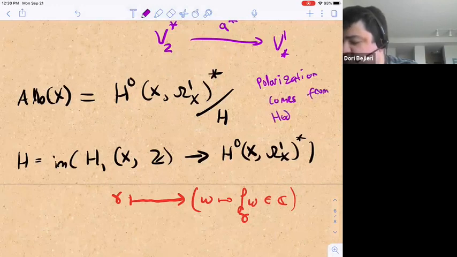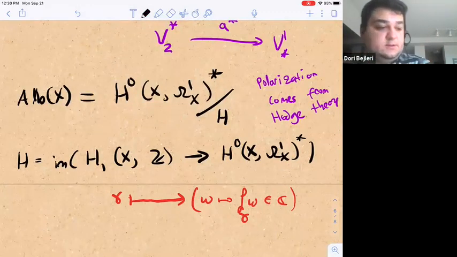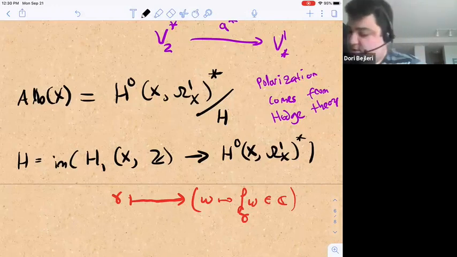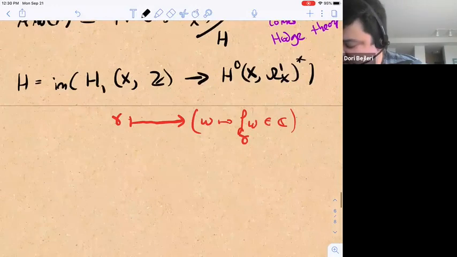So that this complex torus is really algebraic. It's really an abelian variety. Okay, so now we want to define a map from X to its Albanese, and to do that,